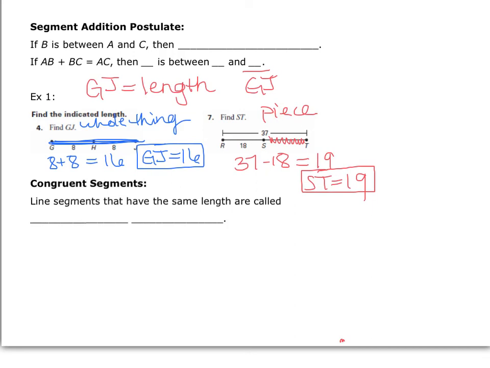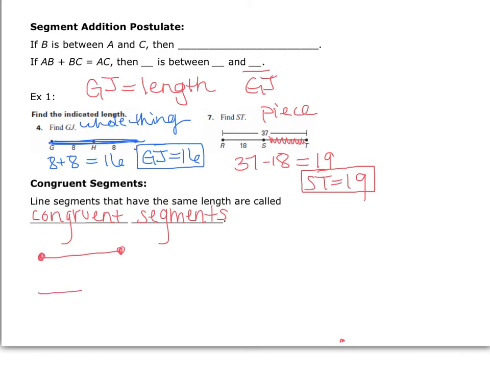Congruent segments. So line segments that have the same length are called congruent segments. And remember, I told you you can't assume that points are in the middle unless you know for sure. And so this is how you know for sure. If you have